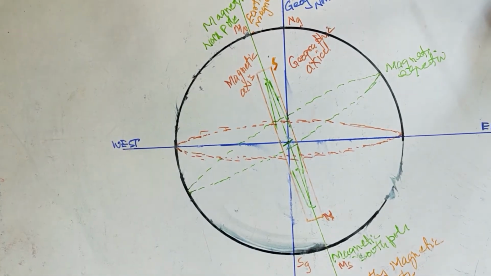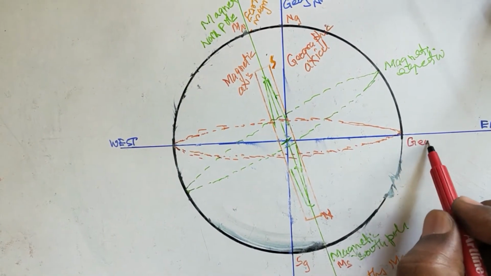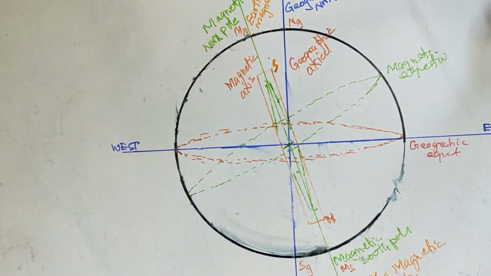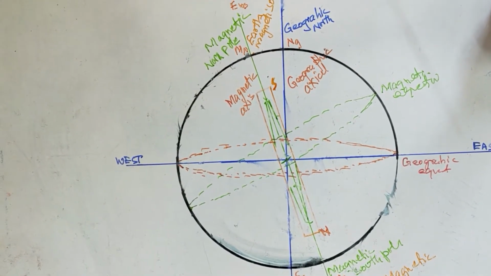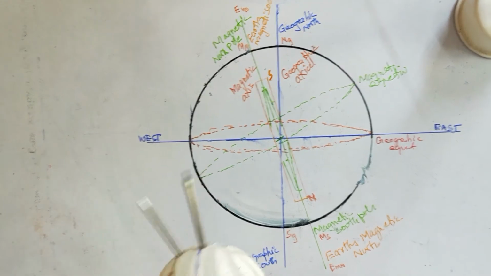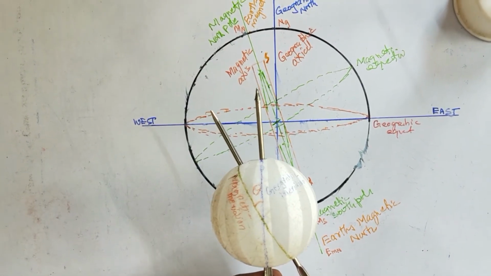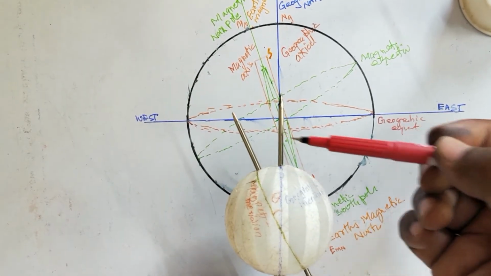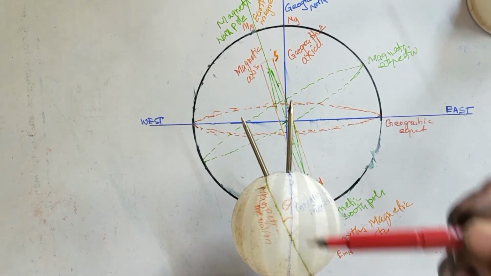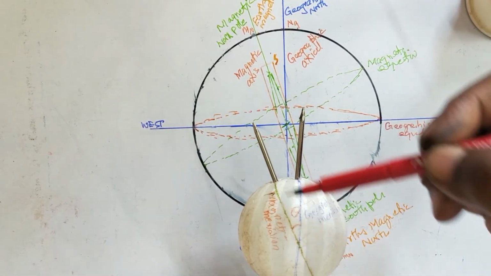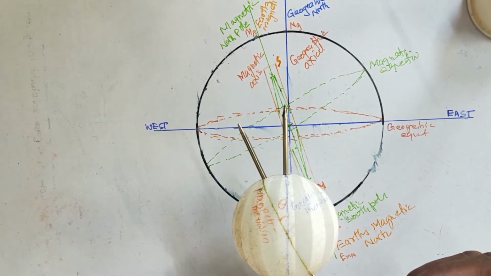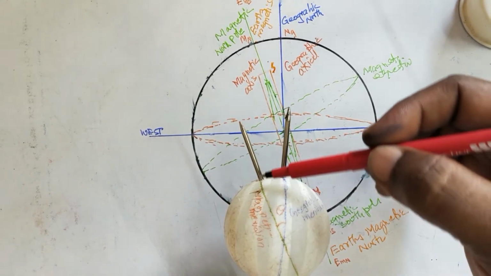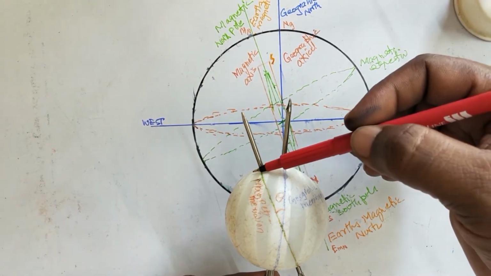This is the geographic equator. Now I hope that you are all clear with what an axial line is and what a meridian line is. Axial line means the line that passes through the center of the earth joining the poles. The line joining the poles of the earth on the circumference of this earth is called a meridian. If it joins the geographic poles, it is called the geographic meridian. If we join the magnetic poles by drawing a line on the surface, we call it what? Magnetic meridian.